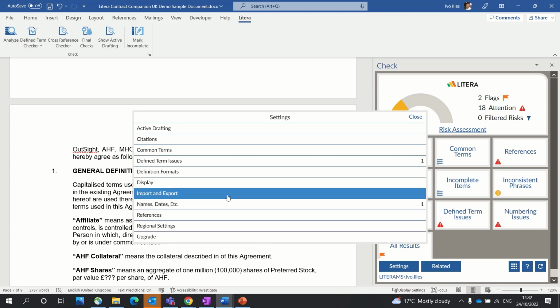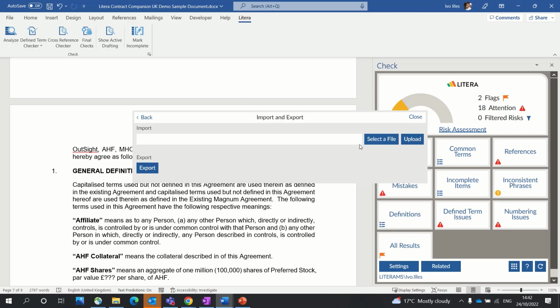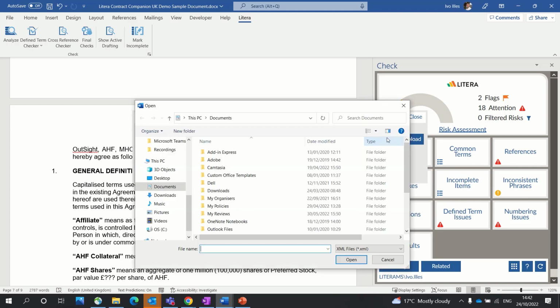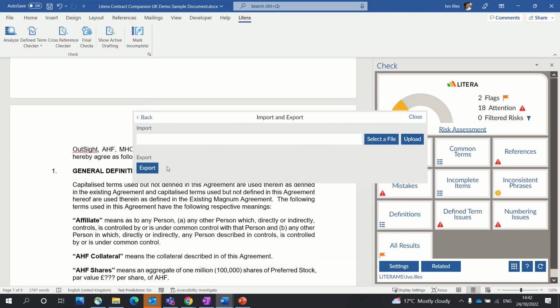We have also options where we can import or export the settings to other machines. So you can then select the file and name it as you would like, and then export it if